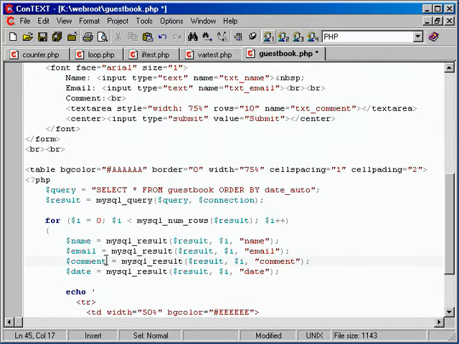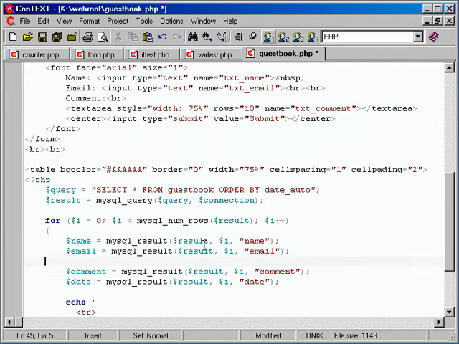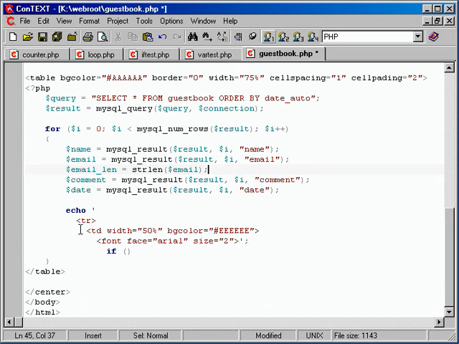So after we get the email, I'm also going to go ahead and add $email_len equals strlen, so get the length of $email. That way we have the length. Again, we could have just run that down inside the if, but to keep it a little bit simpler, just store email length, so we always keep track of the length of the email. So if $email_len is greater than 0, so if we do need to put their name as a link,